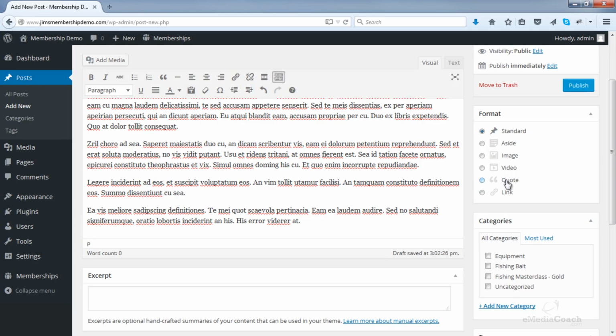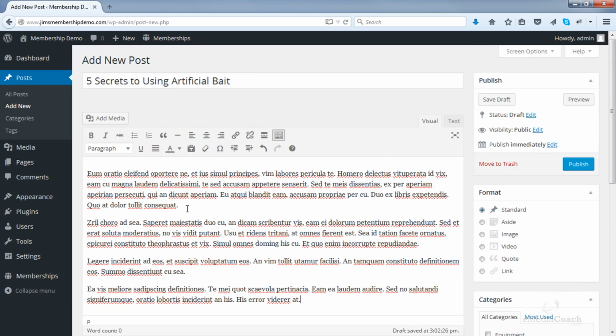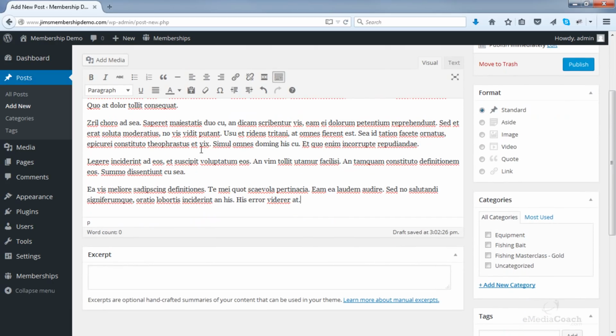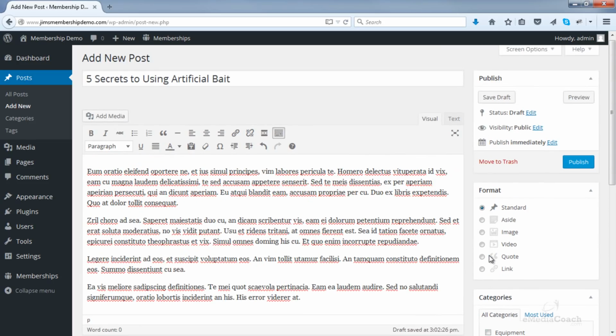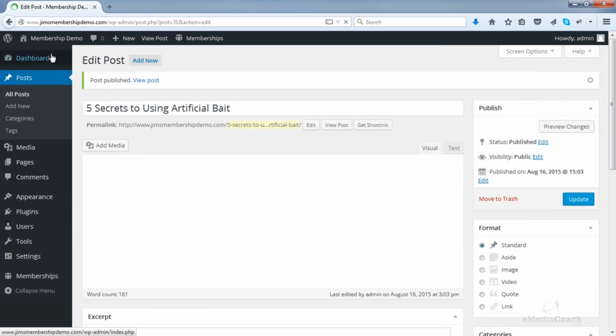Remember how we set up a category for our membership level and it was called Phishing Masterclass? Now if you would like this particular post to be hidden from view or to be locked from access from non-paid users, then you need to assign this post to this particular membership level, this particular category which is associated with that membership level. Okay? One more thing. I'll publish this before showing you that additional item and show you what that looks like.